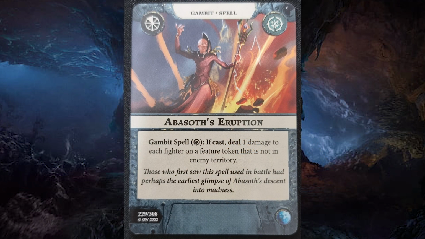So now we have the Universal Gambits, starting with Abasoft's Eruption. He's just had a massive explosion. Gambit spell, cast on a focus, deal 1 damage to each fighter on a feature token that is not in enemy territory. It's okay if you want to damage yourself. I can see some play, but it's requiring your opponent to be either on feature tokens in no man's land or your territory, so I wouldn't really